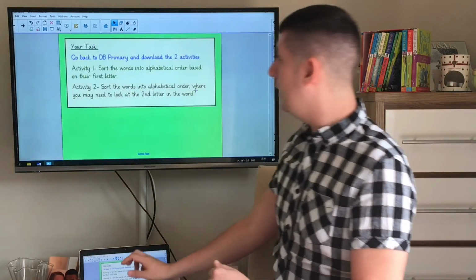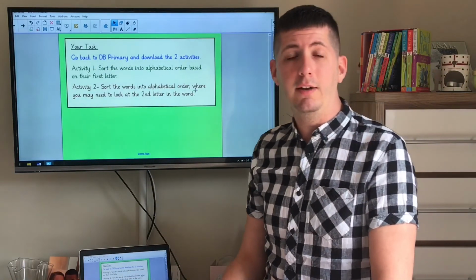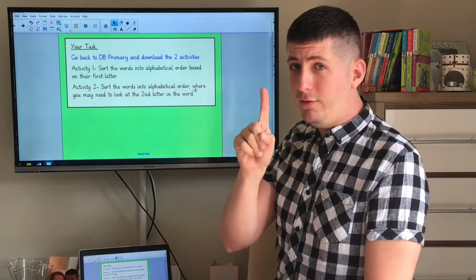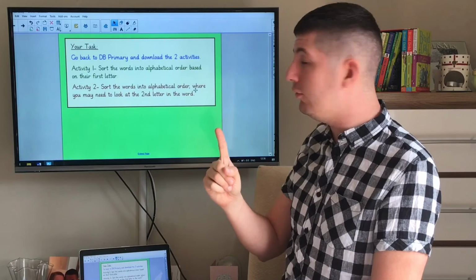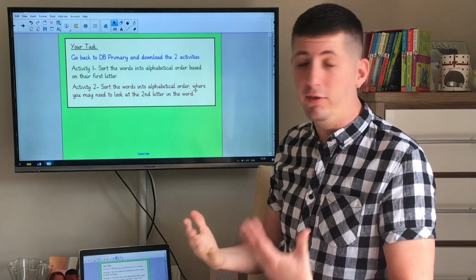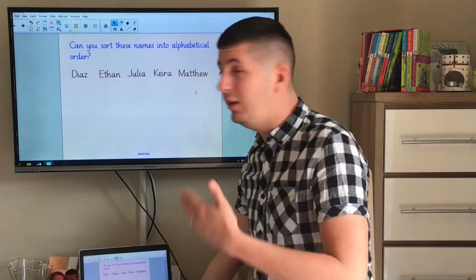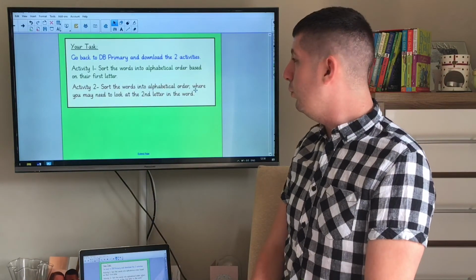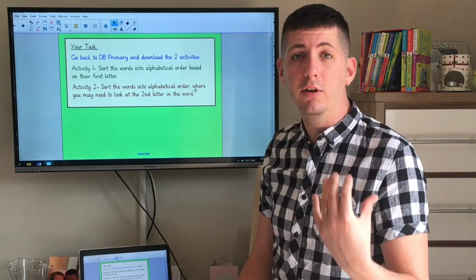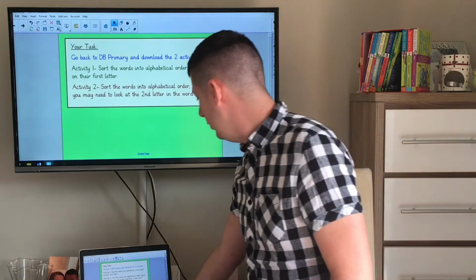Now for your task today, I'd like you to go back to DB Primary and download the 2 activities. Activity 1 is going to be sorting the words into alphabetical order based on their first letter. So it'll be quite simple, a bit like this task here. The second activity, I'd like you to sort the words into alphabetical order where you might need to look at the second or even the third letter in the word,